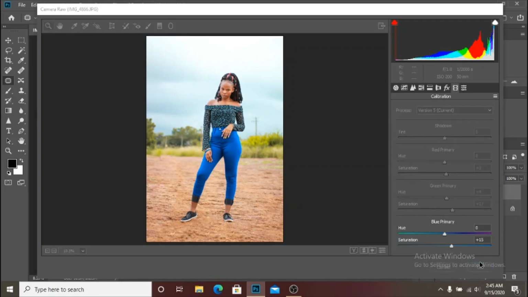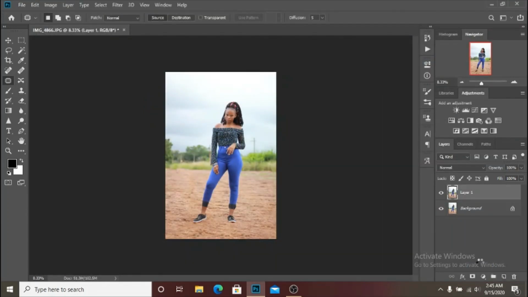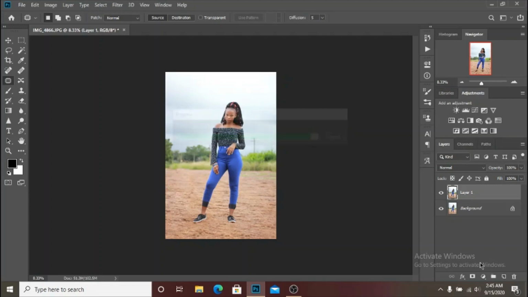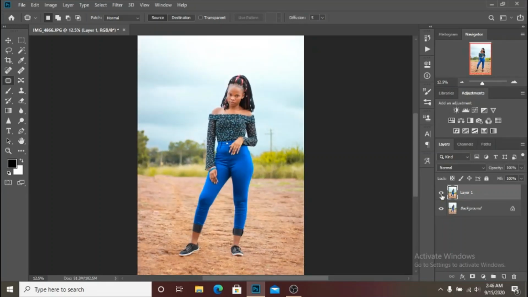So I'm going to click on OK, open it in Photoshop, and then we are going to add some few touches. So here is the before, here is the after. Before, let me zoom in, after, before and after, and we did this just in camera raw,